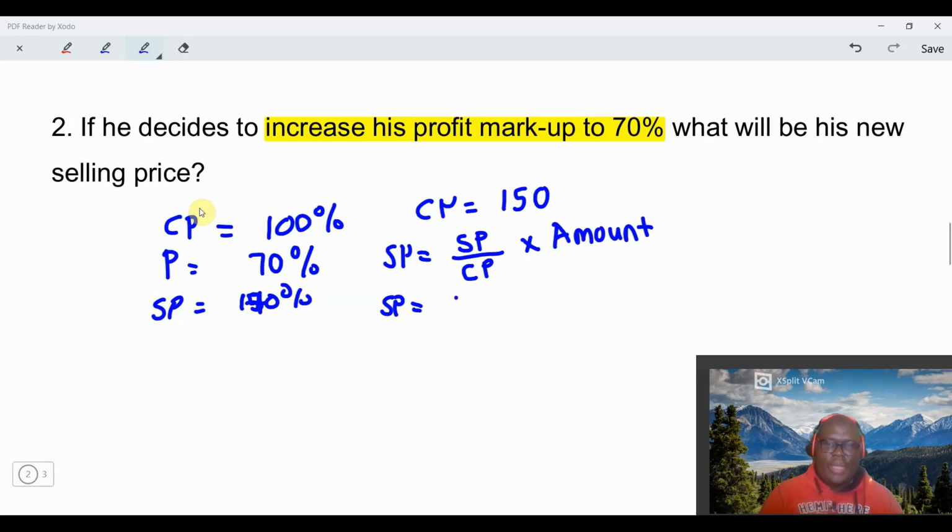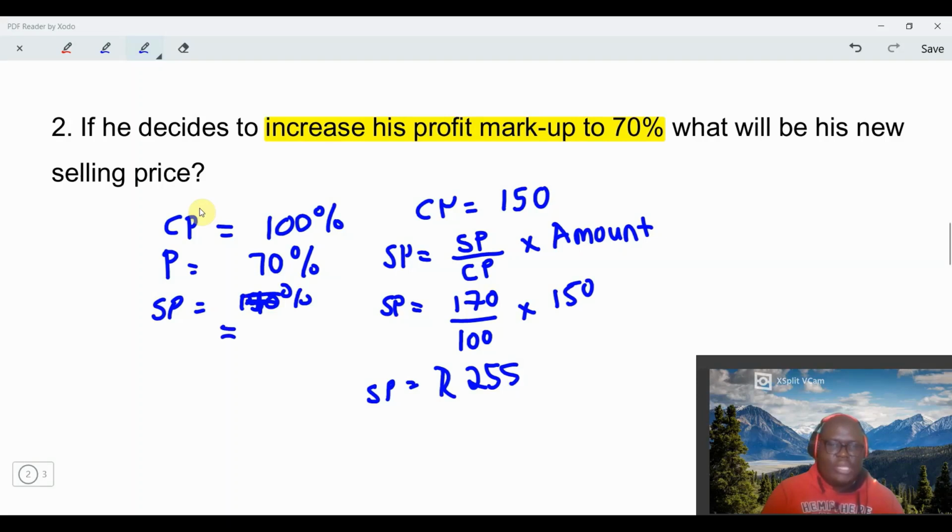So you're going to say 170 over 100. Remember your cost price is 100, so you say over 100, and then you multiply by that 150 that you are given. Then your selling price will now be 170 over 100 multiplied by 150. It will now be 255. So the answer is 255. Just remember that this part here, the selling price will now be